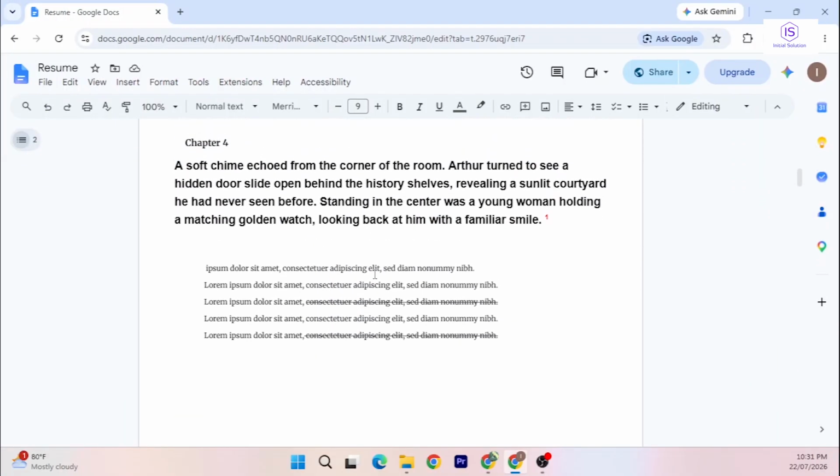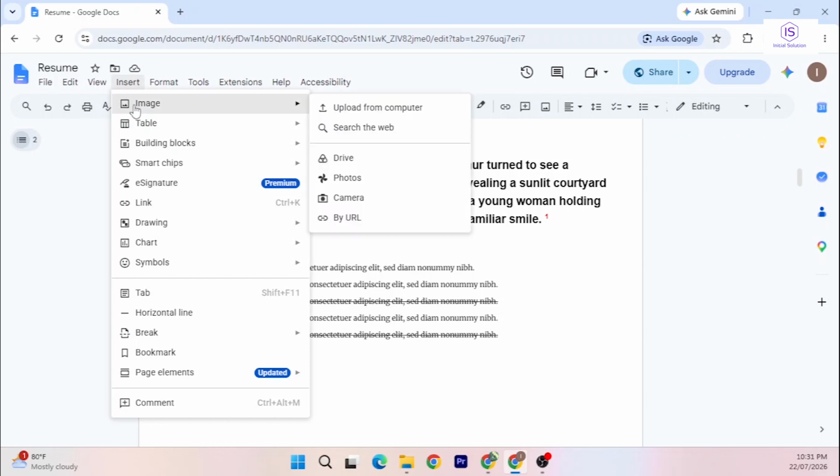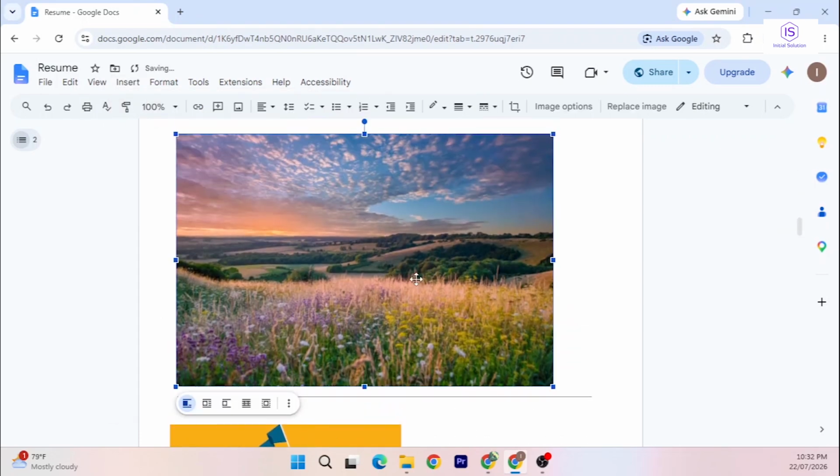At first, open your document. Now click on Insert from the top menu and then go to Image. Now upload the image you want to use as your background. You can upload an image from your computer, Google Drive, Photos, camera, or by a link. Once the image is uploaded,